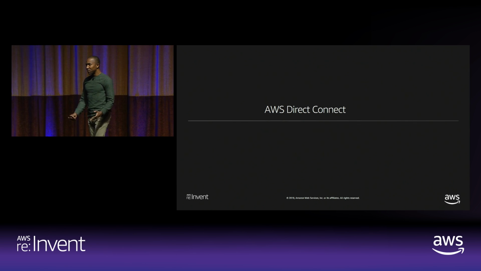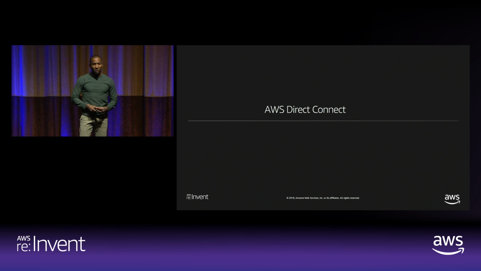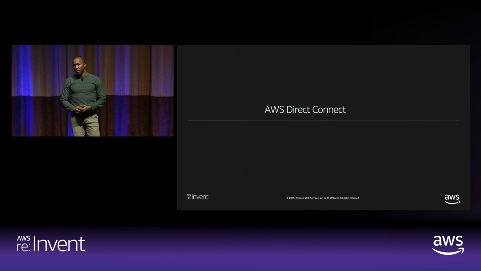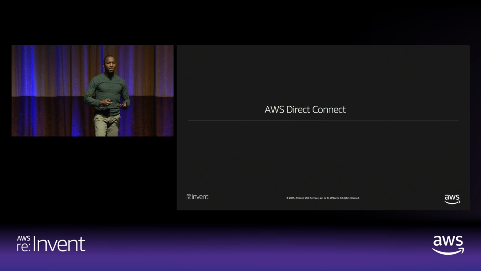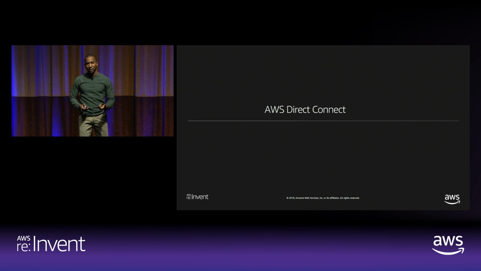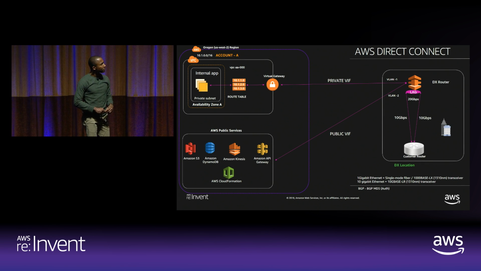Now, great. I have an IPsec tunnel between my shared services VPC and my on-premises network. But I get 1.2 gigabit per second of bandwidth per tunnel. That's not what I want. I mean, that doesn't meet my requirements. I need gigs and gigs of bandwidth. How do I achieve that? How do I get more deterministic latency between the AWS environment and my VPC? And how then do I access AWS public services from on-premises? And the answer is Direct Connect.